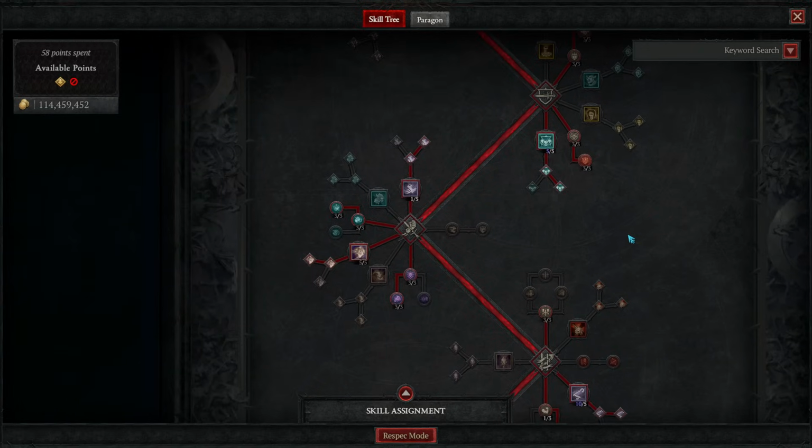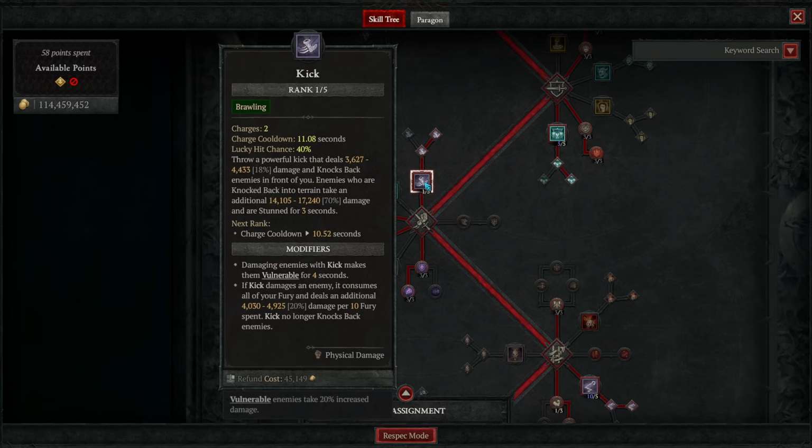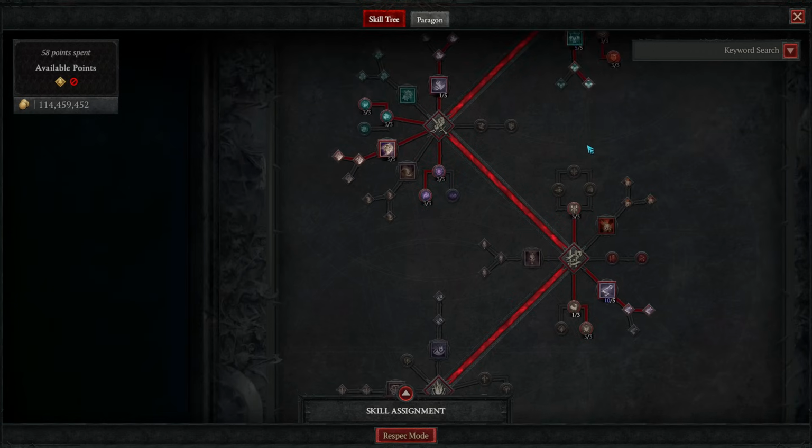Then we move on to our brawling skills, and here we're taking a whole lot of stuff. We're taking Kick as well as its enhancement, and then also Power Kick. This gives us an ability with 2 charges that will dump every point of fury that you have for a massive burst of damage. The main purpose of this that we have is actually to fuel Wrath of the Berserker,